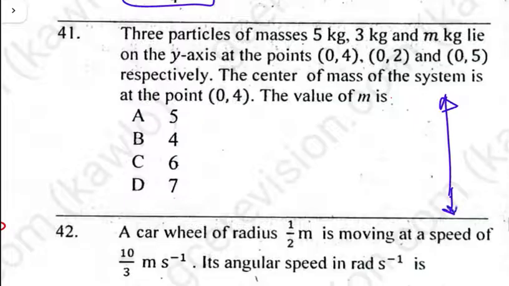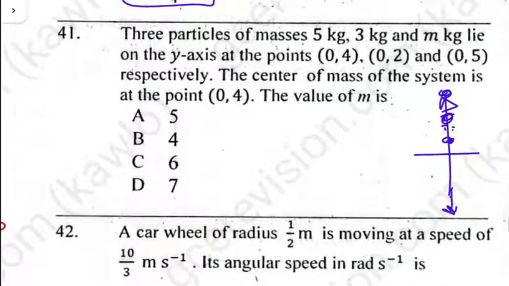Lie on the y-axis at the points (0, 4), (0, 2), and (0, 5) respectively. The center of mass of the system is at the point (0, 4). The value of m is,